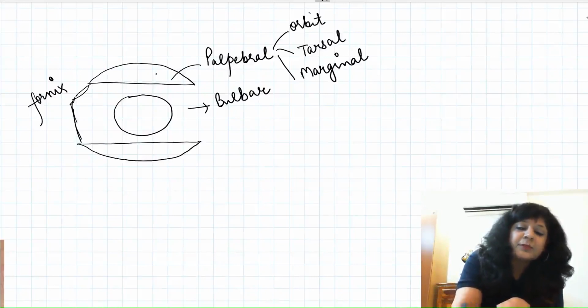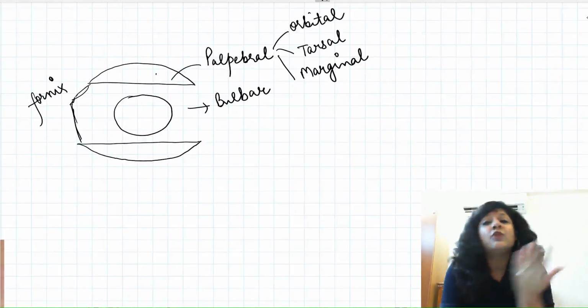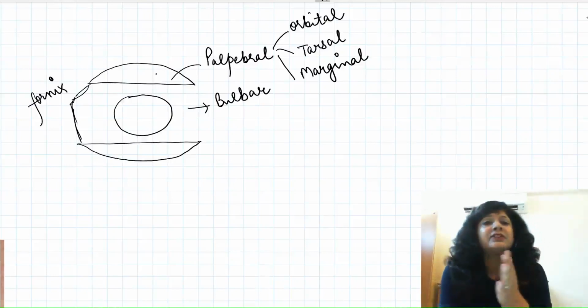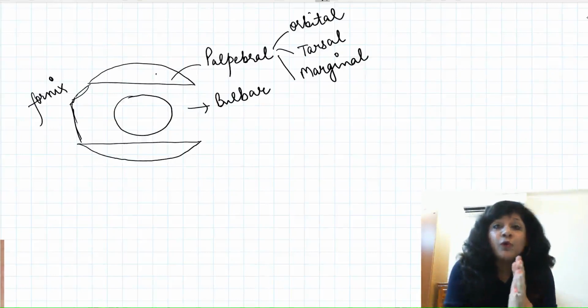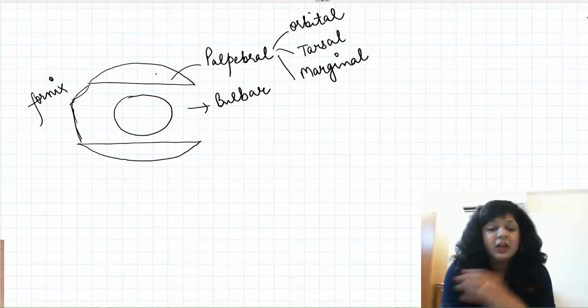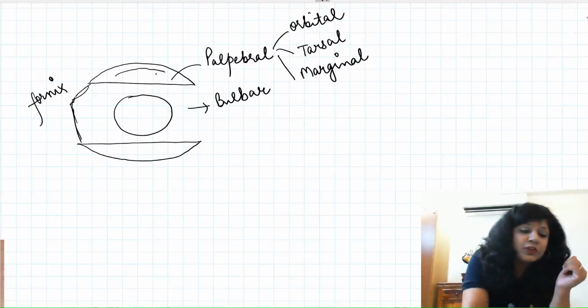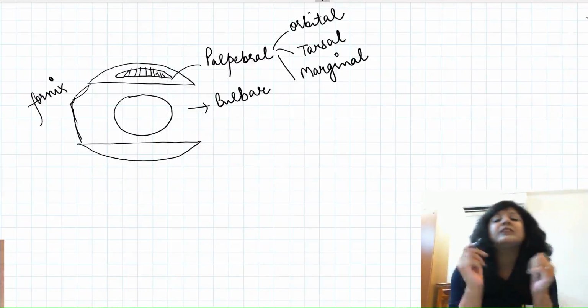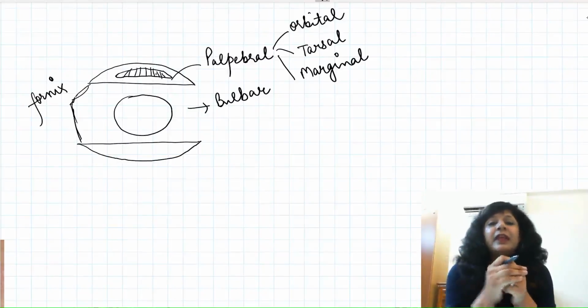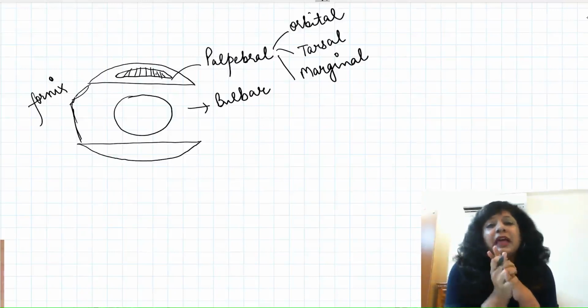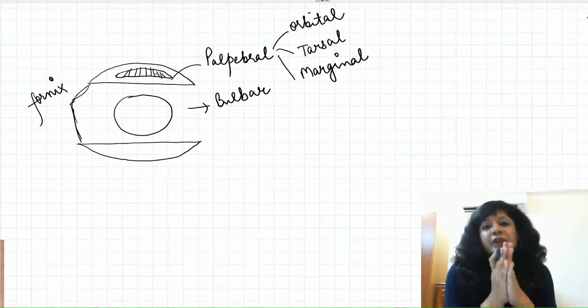We have the tarsal conjunctiva, then we have the marginal conjunctiva, and then we have the orbital. Now these parts are important because, like in trachoma, I will say that the follicles first come in the upper tarsal conjunctiva. So you should know what this tarsal conjunctiva is. Because we know that the lid has a tarsal plate, the conjunctiva which is covering this tarsal plate will be called the tarsal conjunctiva. Then we have the marginal and the orbital conjunctivas anteriorly and posteriorly. So this was about the parts of the conjunctiva.